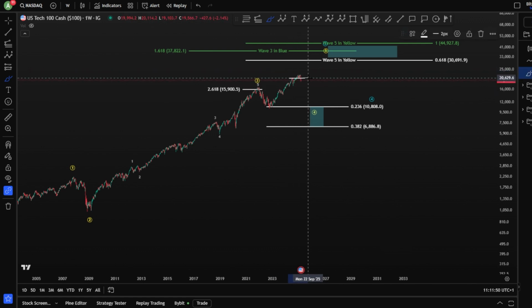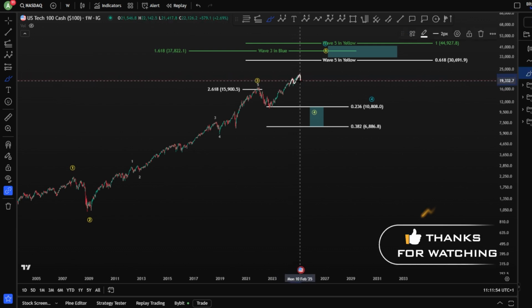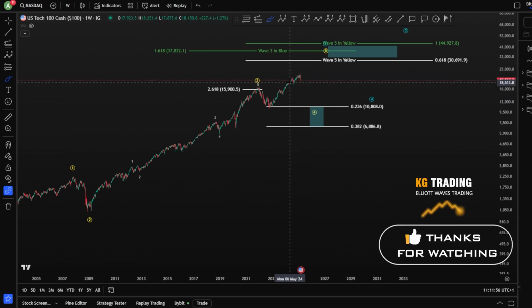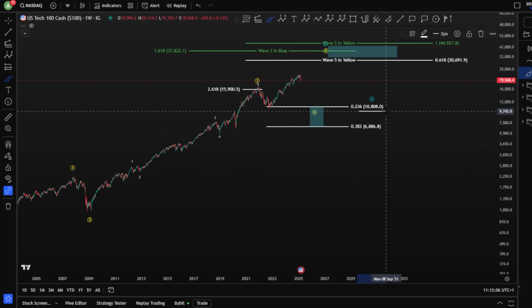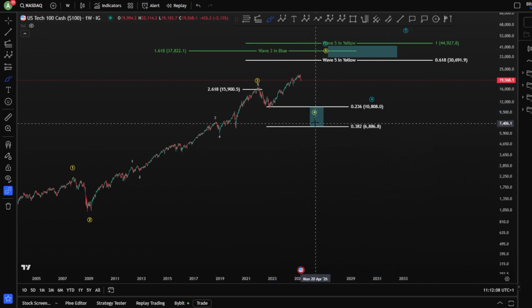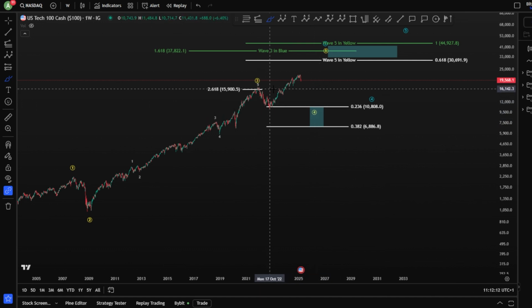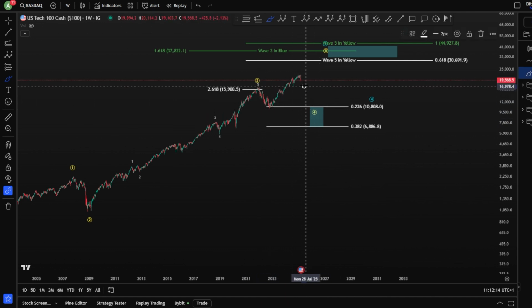We see an invalidation of a bullish scenario where we had 1, 2, 3, 4. Your 4 has interfered inside the wave 1, and potentially we're moving towards the downside. How deep are we moving to this level for a big wave 4, A, B, and a C, 10K for the NASDAQ? Meaning, is it the recession calling for us,